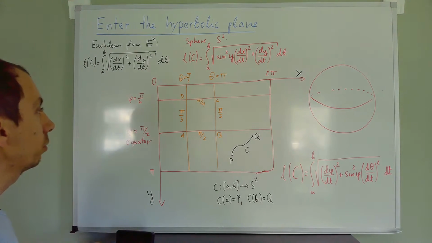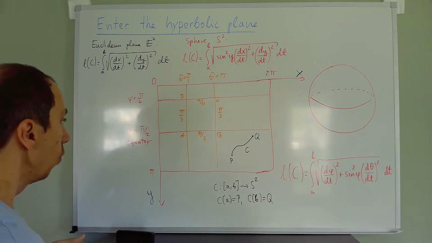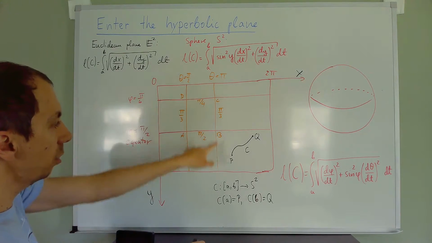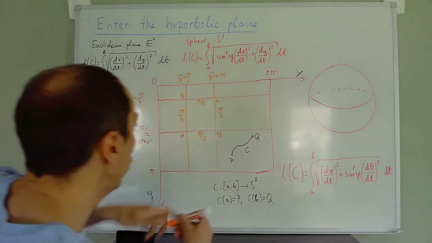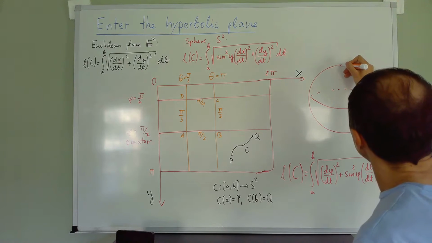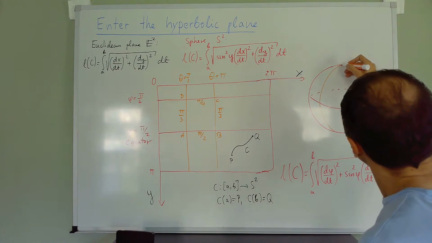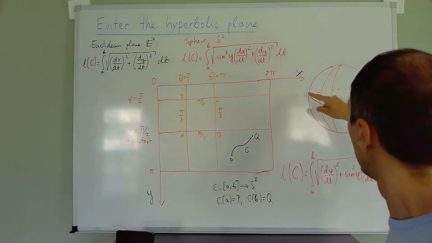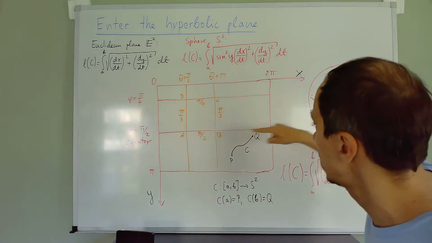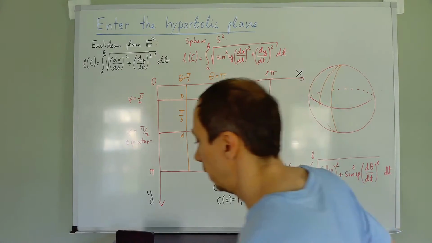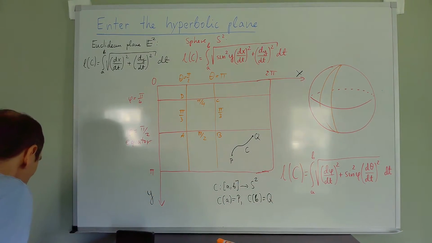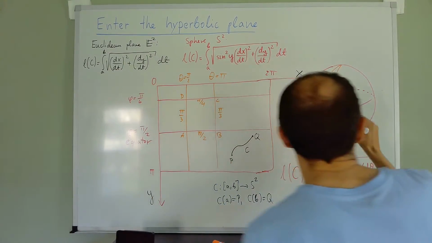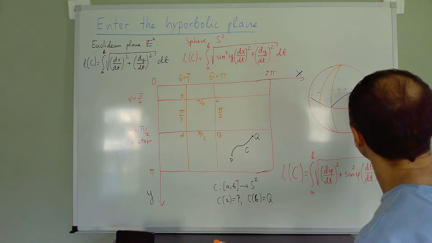And finally, what were the geodesics on the sphere? Well, all the vertical ones are sort of half circles, right? All of these represent great circles that connect the North Pole with the South Pole. This one here, that's the equator. But if I want to draw some other great circle that goes like this,